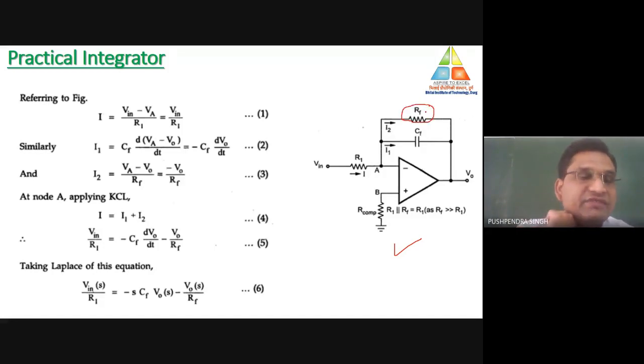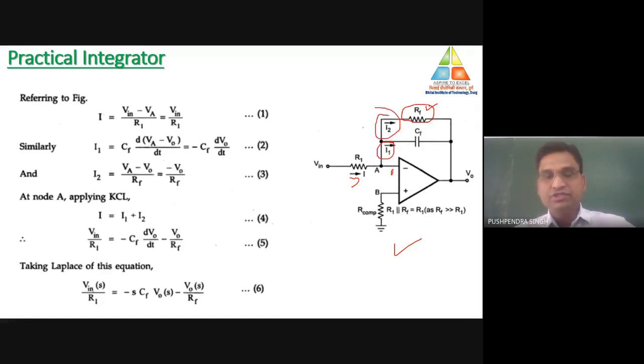Why are we inserting the feedback resistance here? Because the problem with the ideal integrator was the gain. So we need to reduce the value of that gain. How can we reduce the gain? By supplying some negative feedback. That's why we added one feedback element, a resistor, in the integrator. So one feedback element, RF, is connected over here. Now just analyze this circuit and let us discuss what the output of this one would be. Here the value of current is I. I is distributed into two components, I1 and I2.